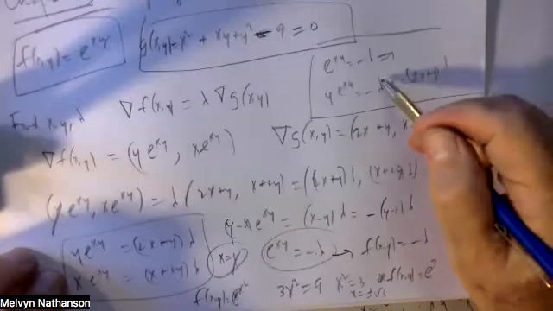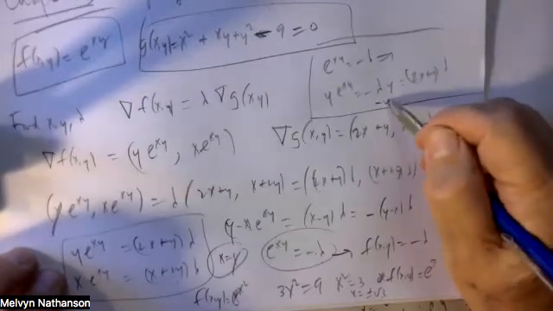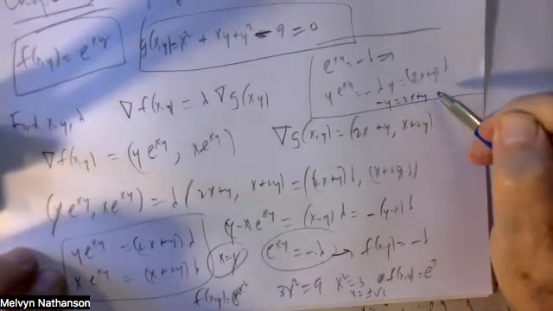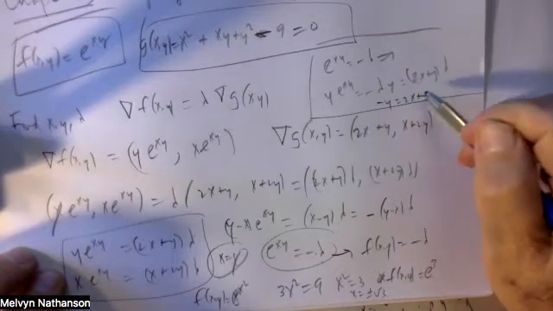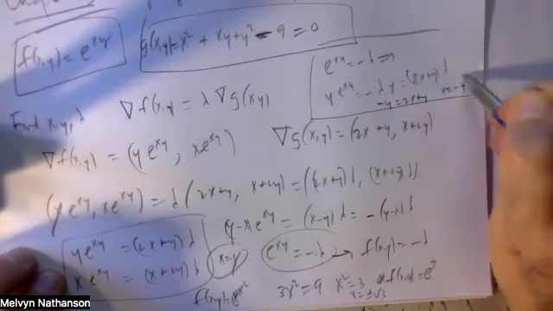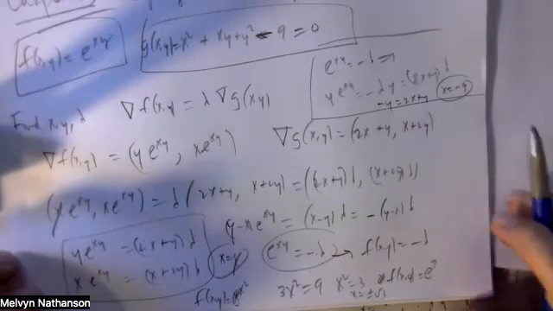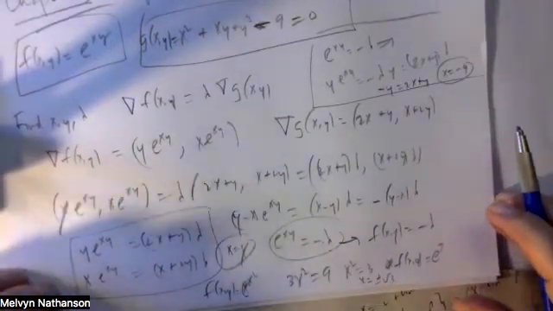If lambda is different from 0 and you cancel it, you get minus y equals 2x plus y, or 2x equals minus 2y, x equals minus y. So when x is minus y,